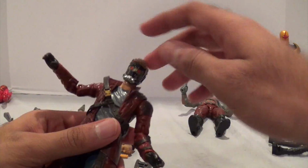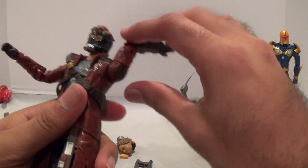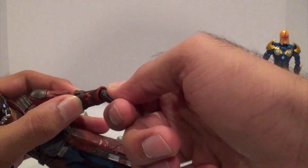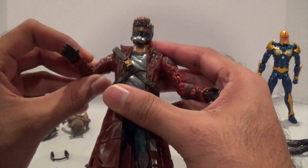In terms of articulation, he can rotate that around, because obviously it's removable. His arms rotate around 360 degrees, and they can move up about that much. He has a double joint at the elbow. He can rotate that around, and his little hand rotates around. This side of him, though,